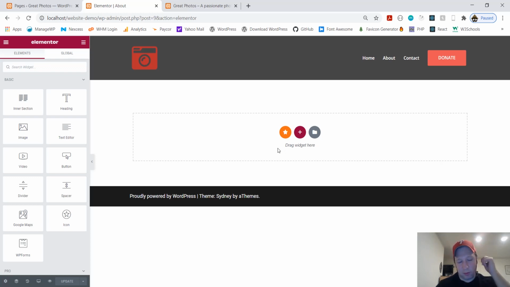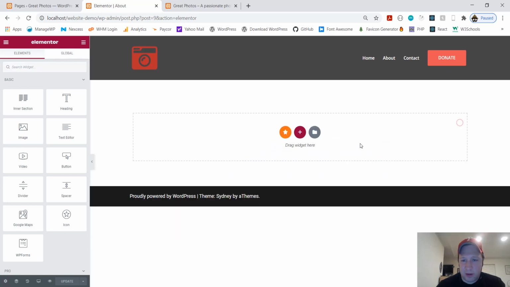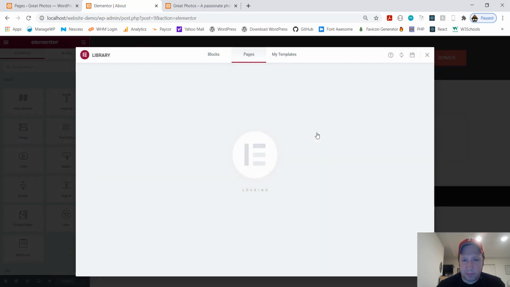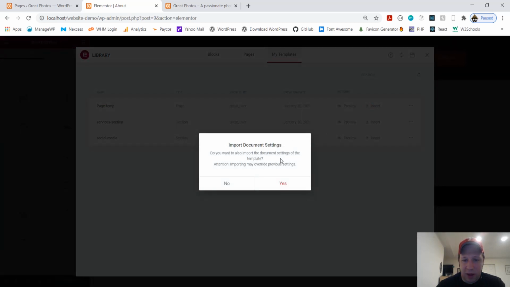Now, so we have these three dots. This is to add just an empty section. This little folder, my templates, page template, insert. Now, make sure to click no on this because that will change our, remember that page attributes thing that we changed to front page template?